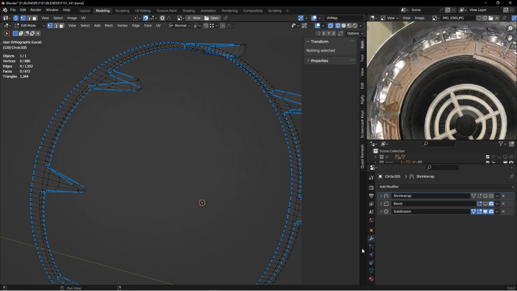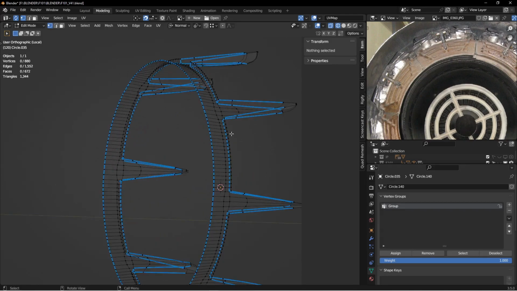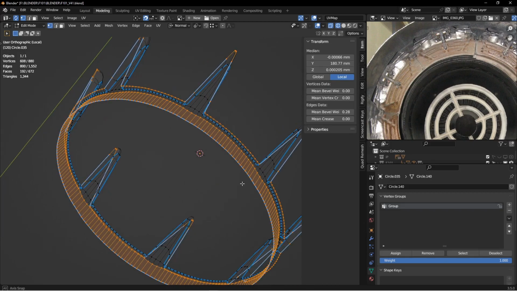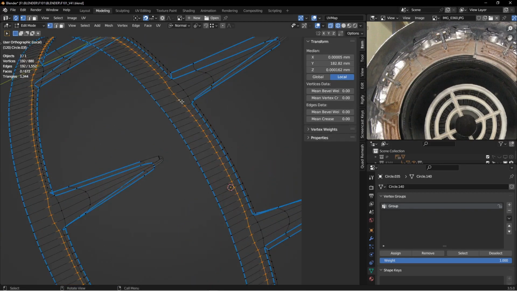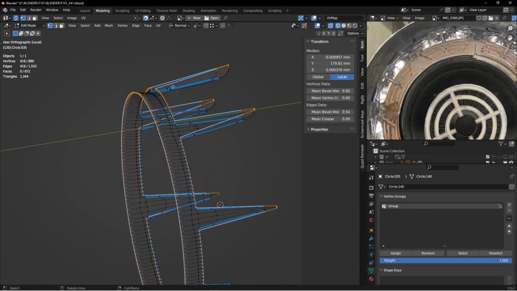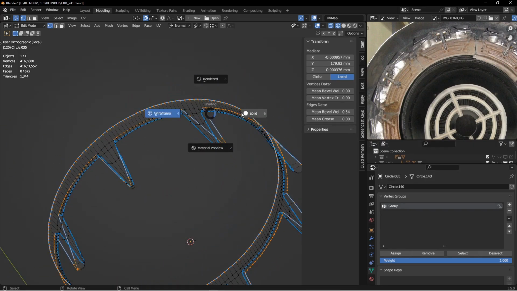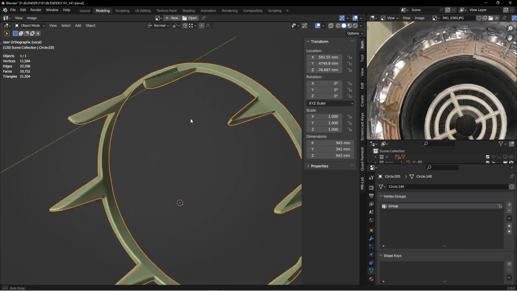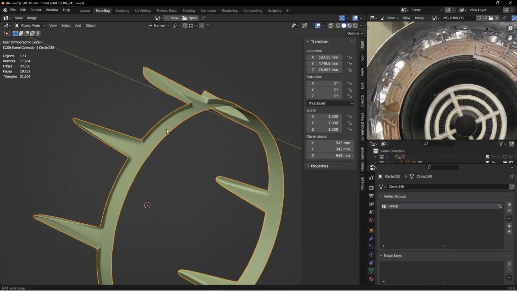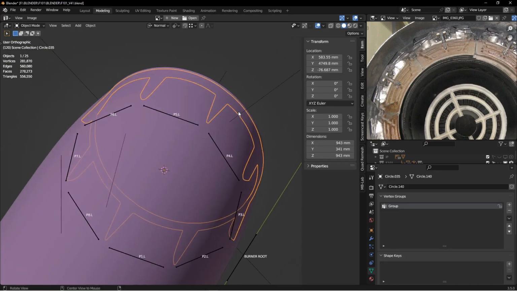All right. I want to re-shrinkwrap, but our vertex group is probably not correct anymore since we've added edges and things. So select, you can see that I've got too much going on. I don't want these to be part of that, so remove that. So all I really want is the back edges and then this leading edge here for our shrinkwrap. So that looks good. I thought I saw another missing piece. All right, so let's select this,